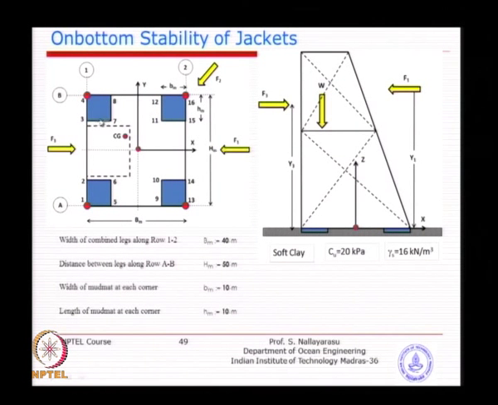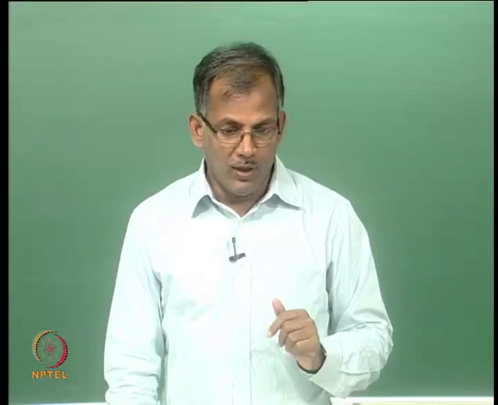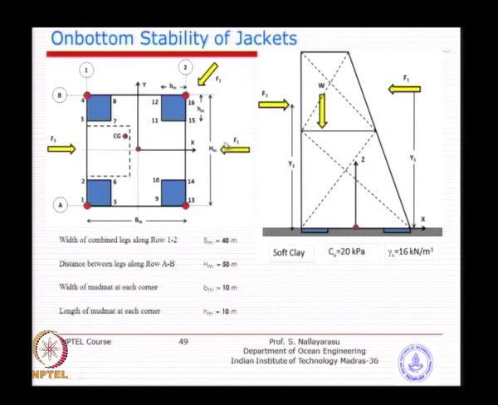Now, within this corner you can see there are 4 points, and you know very well point number 4 is going to give you the highest bearing pressure, and the rotational instability will be with respect to either 1 or with respect to B, because it is going to rotate either that side or this side, depending on the magnitude of forces. But fortunately you can see here we have got forces given for this direction and this direction.